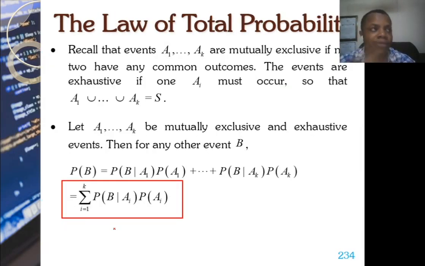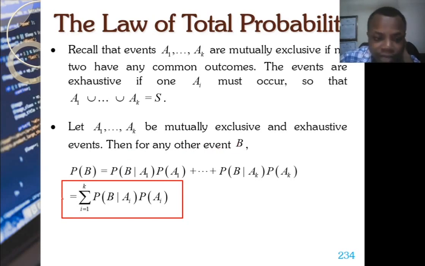Now, recall from our previous session that suppose you have events A1 to AK which are mutually exclusive. That is, these events have nothing in common. The events are exhaustive if one of the events must occur, so that their union equals the sample space. Now suppose that events A1 to AK are mutually exclusive and exhaustive events. Then for any other event B,